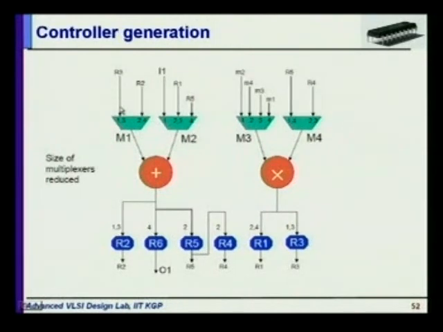Okay. The last phase is controller generation. So everything is fixed, your data path is fixed. Now you have to assign the control signals. So you basically decide how many control signals are required for every component, like for mux, for function unit. If it performs more than one operation, you need some control signals. By that you will select the minimum number of control signals for your design, and your controller FSM will be generated accordingly, because it will generate some status signals, and depending upon them it will select what the next step will be, and the execution flow within this data path will be controlled by the controller.